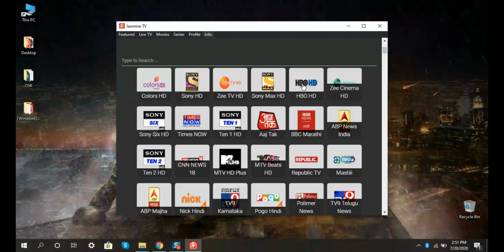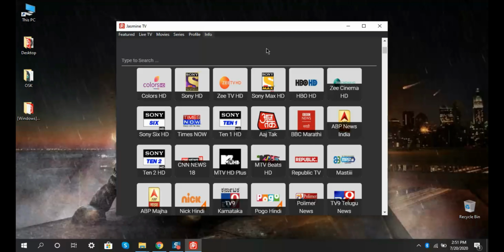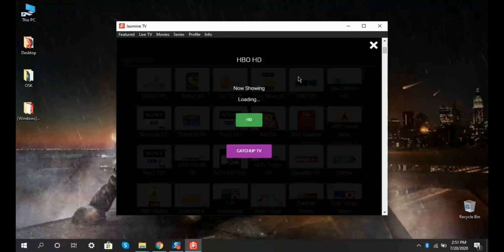And once you provide that, you will be able to play. For me, it did not show earlier because I have been using this application for quite some time, and I'm enjoying it very much.